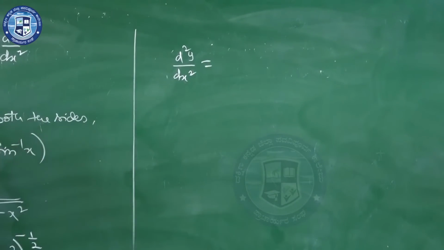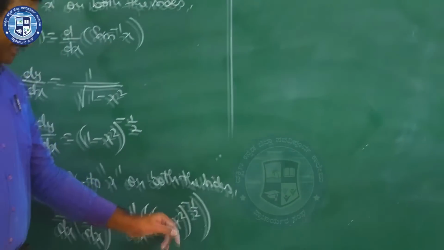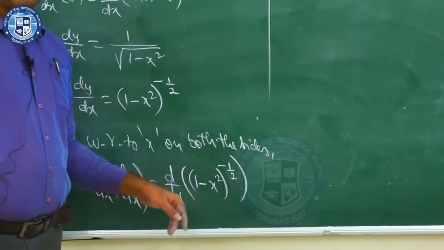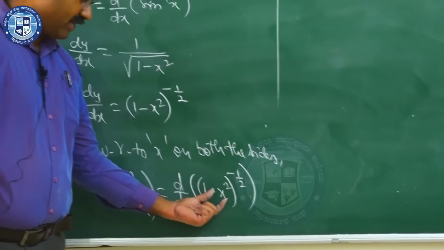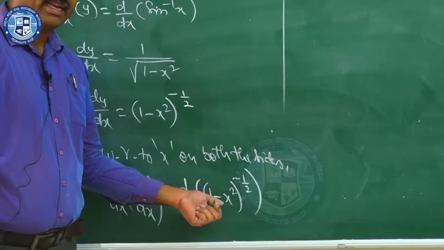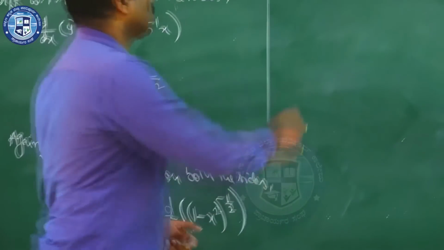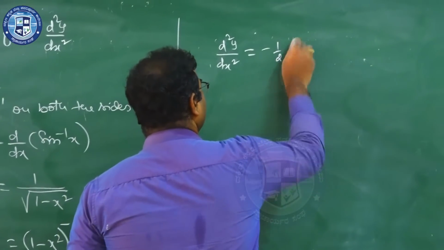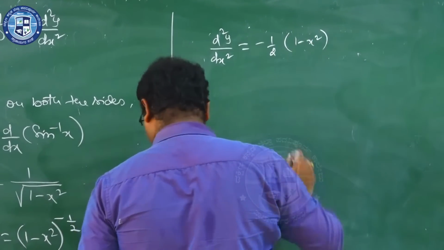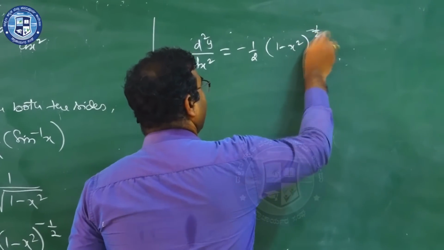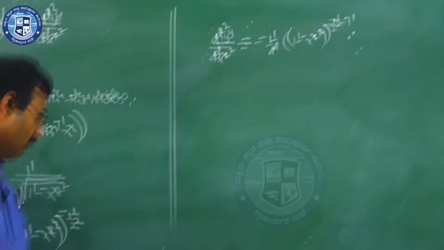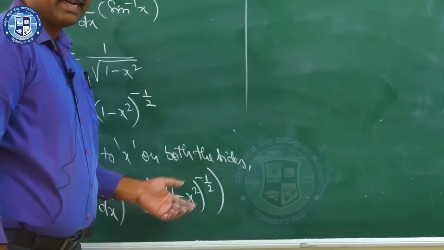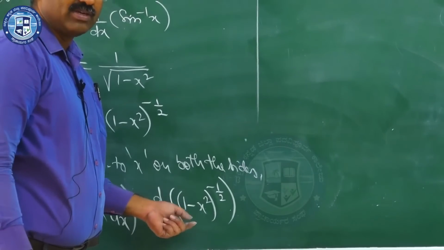So which is equal to, now you treat it as x power n, we use the chain rule now. What is the derivative of x power n? n into x power n minus 1. Is it really x? No, we assumed it as x and we proceeded, right? So it is not actually x, so its derivative you need to